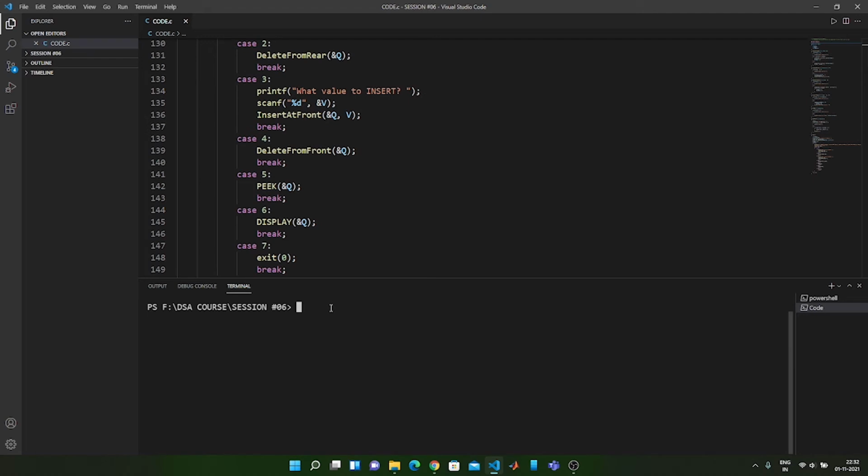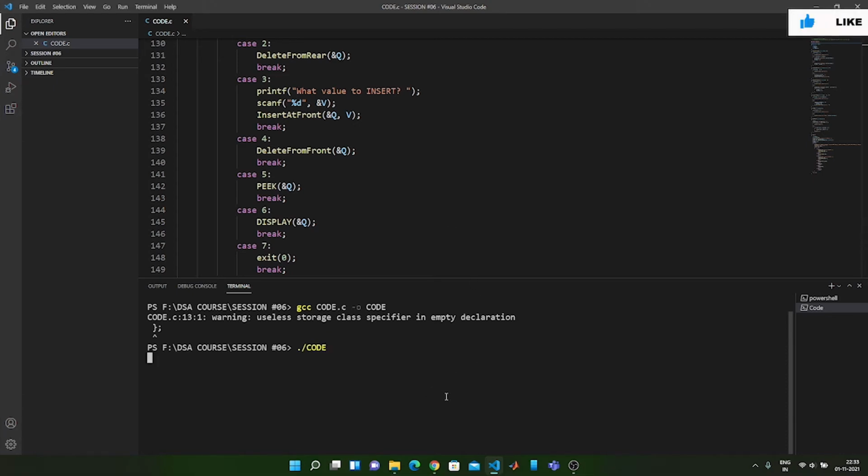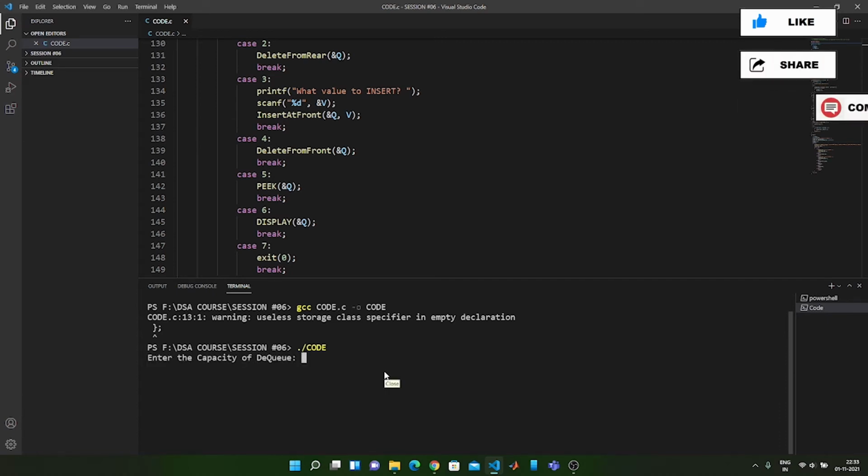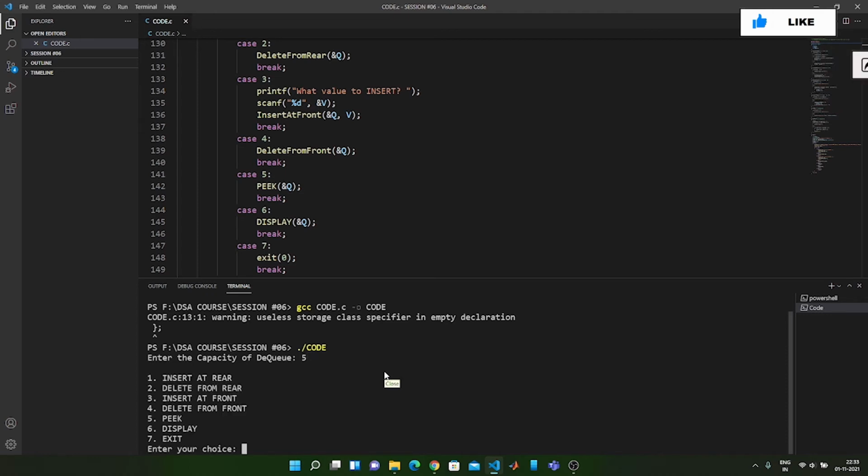And now let us execute this code and see what happens. So it is asking the capacity of the DQ. Let me take it as 5, and then I'm going to insert at the rear.